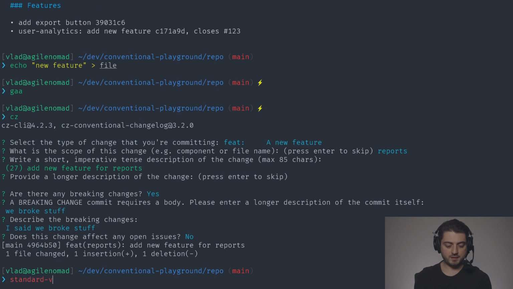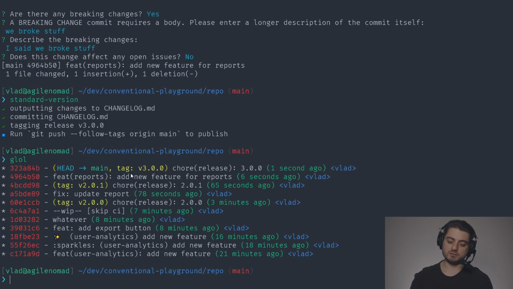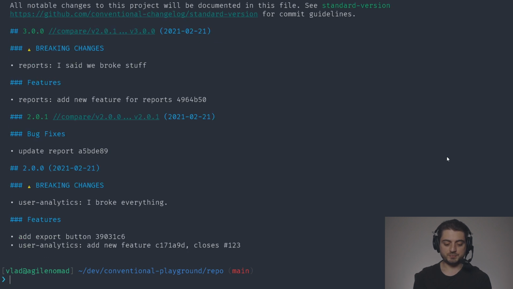Standard version. All right, GLOL, breaking change. Therefore, we have 3.0.0. Bat changelog. I'm sorry, that sucks. Let's do glow changelog. Much prettier. Breaking change. There's a new feature for reports. You know, ta-da. Now, one thing to note is that we're doing everything on master, but in a real project,